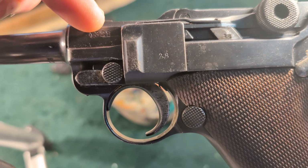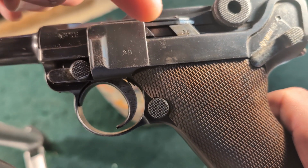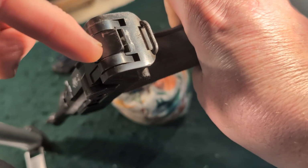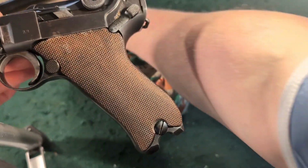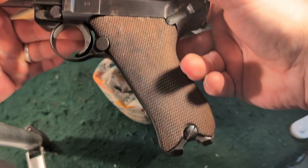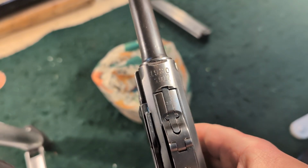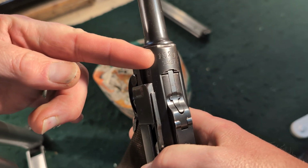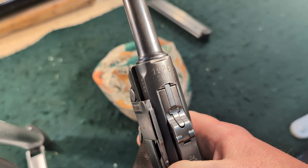The serial number here, and the last two digits on the serial number are stamped onto various pieces around the gun, and everything on this gun matches apart from the magazine, and the magazine is a Bakelite bottomed World War II issue, whereas this one, as you can see here, is stamped 1917 here and 1920 above it. Now what this means is this gun was made in 1917, before the end of the First World War,